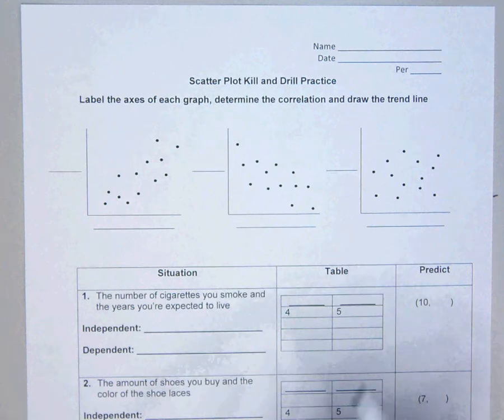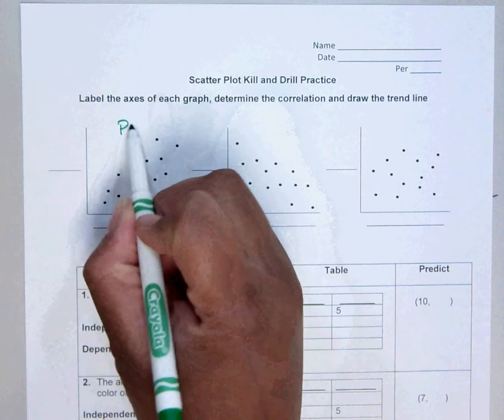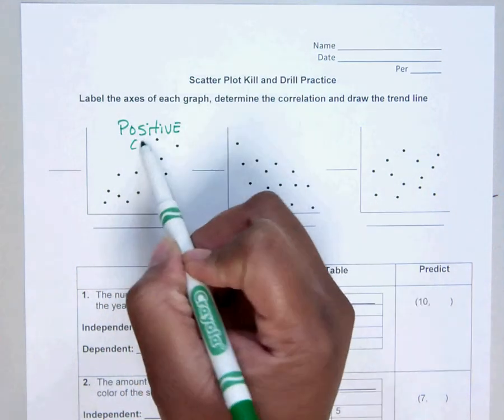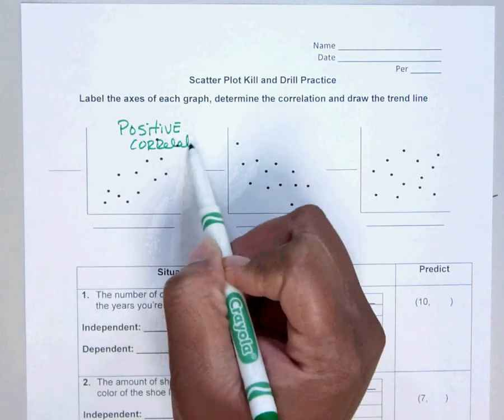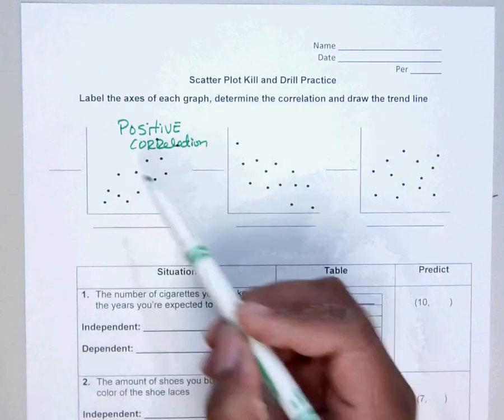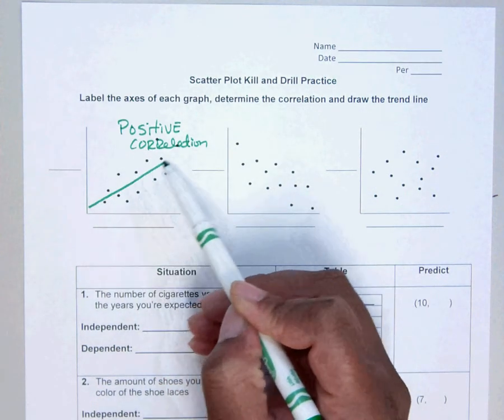I wanted to go over this worksheet for those that still had questions about it. This is a positive correlation. Correlation meaning the way the points are related. The correlation of these points would be a positive correlation, because if I went ahead and drew a trend line for these dots, it would be in the middle of it like that,